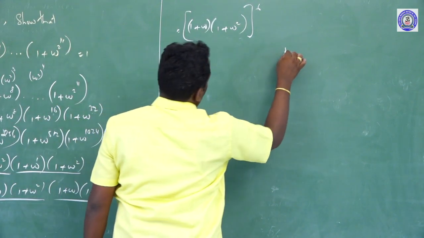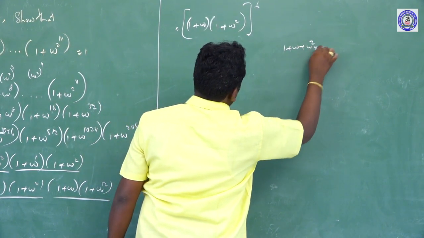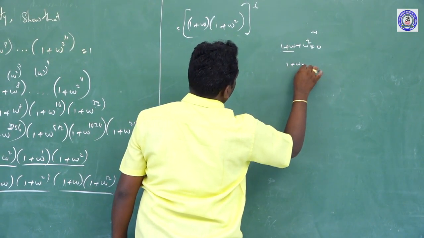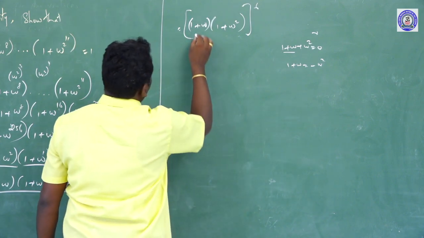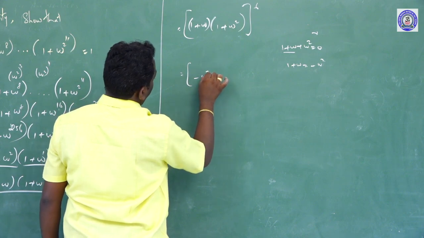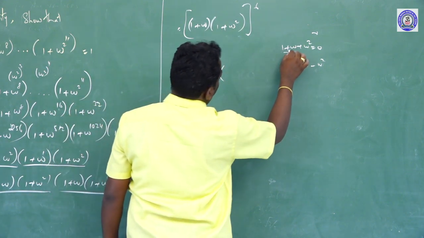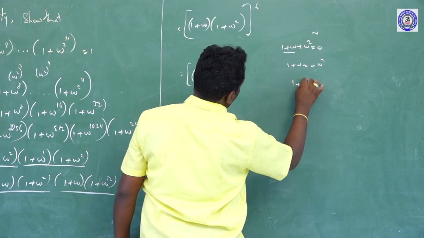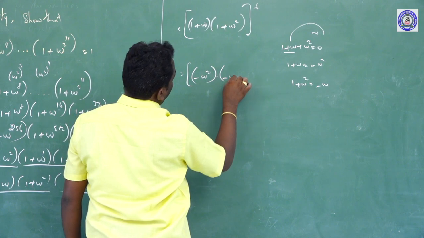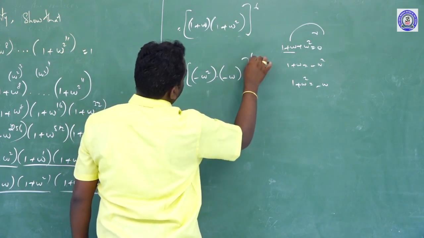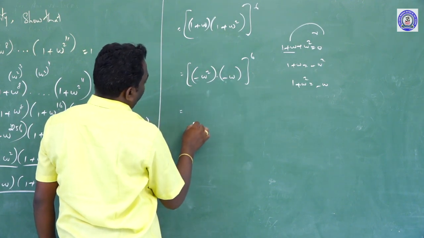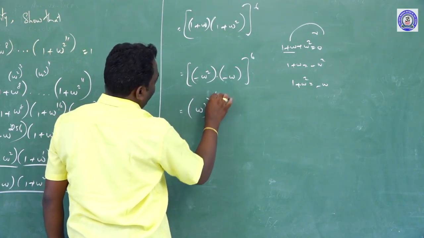Therefore, now what is that? 1 + ω^2 is equal to 0 is not needed; rather, for (1 + ω), just transfer the term: 1 + ω equals minus ω^2. Therefore, instead of this term we replace it with minus ω^2. Within the bracket: minus ω^2 into (1 + ω^2); for (1 + ω^2), transfer it to minus ω. Therefore for this term we replace minus ω, whole power 6. Now that is equal to plus ω into ω^2, equal to ω^3. Therefore (ω^3) whole power 6.